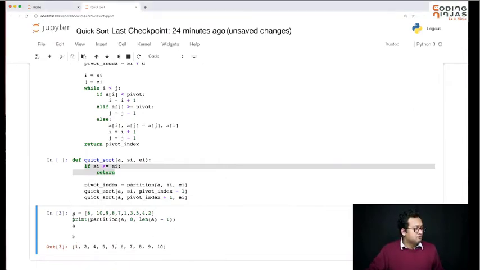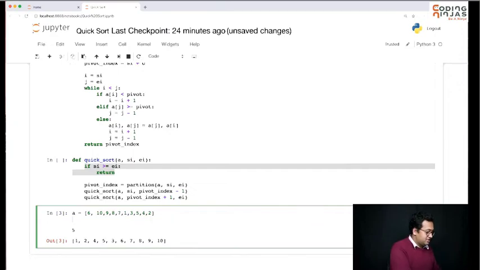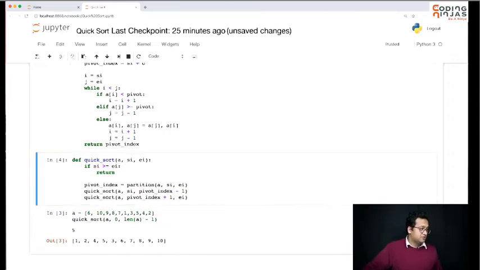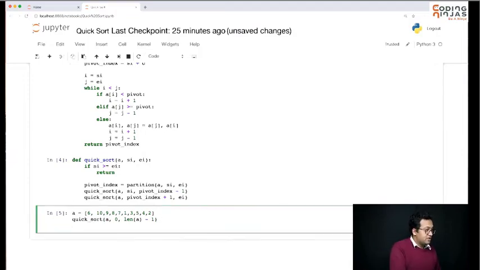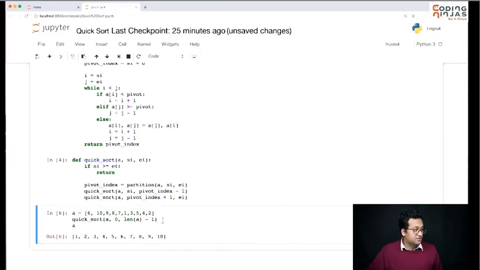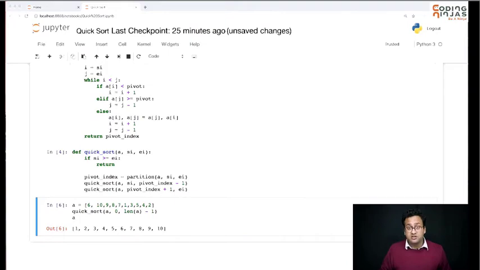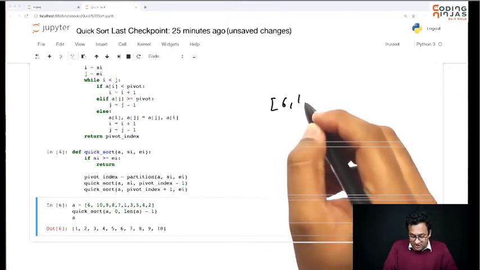Okay, so now let's take a chance and see if quicksort itself is working fine or not. Length of A minus 1. I will have to run this cell. Let's run this, and we need to print A as well, and seems like this got sorted. Perfect, that's what we want to do with quicksort. We can dry run it once quickly, so let's try to dry run it quickly.